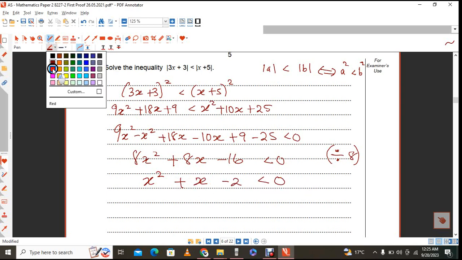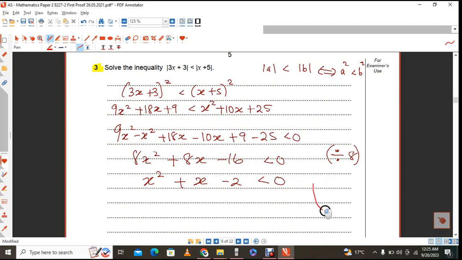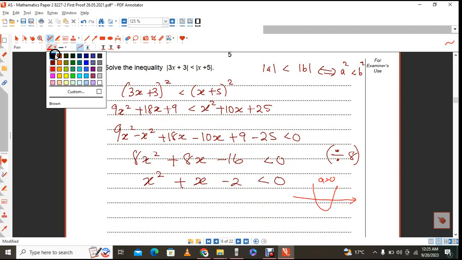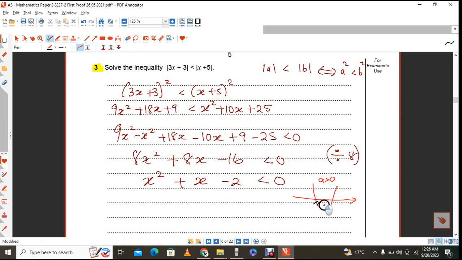Eventually, if you were to sketch this, it's going to be opening up because a is greater than 0. And if that is the case, and if this is our x-axis, this is less than, so our solutions would be below the x-axis. So we need to find these intercepts here, and we call them the critical values,